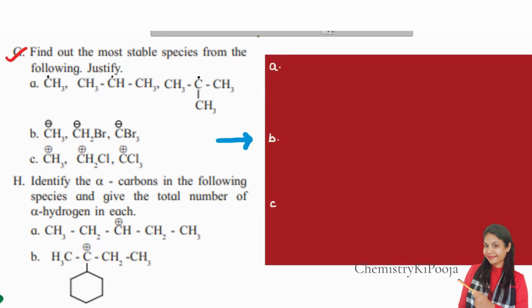Now always remember, for free radicals, the stability order is 3 degree is more stable than 2 degree, more stable than 1 degree. This is the correct order for stability of free radicals. Everything related to the stability I have already discussed in the lecture. Kindly go through all the lectures in detail. Now coming to the topic, over here I can see the tert-butyl free radical, CH3, CH3 and then CH3. So this is the structure of tert-butyl, right?